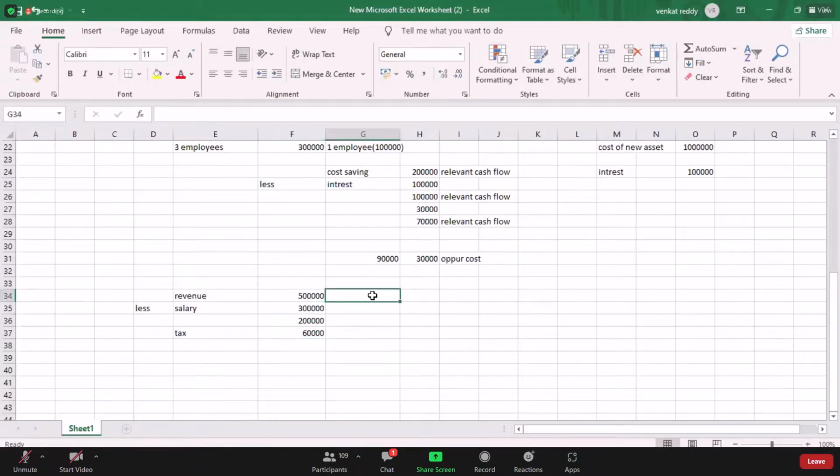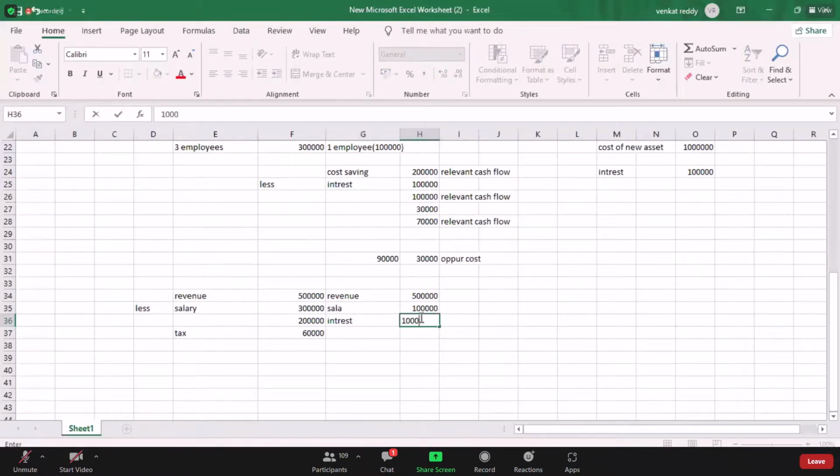If I replace it with a new machine, my revenue is 5 lakhs. Salary: how much salary will I be paying now? Only for one employee I am paying salary, right? That is 1 lakh. And I am paying interest, that is my finance cost, nothing but interest. How much interest am I paying? 1 lakh. Now what will be the tax? 5 lakhs minus 2 lakhs, my tax will be